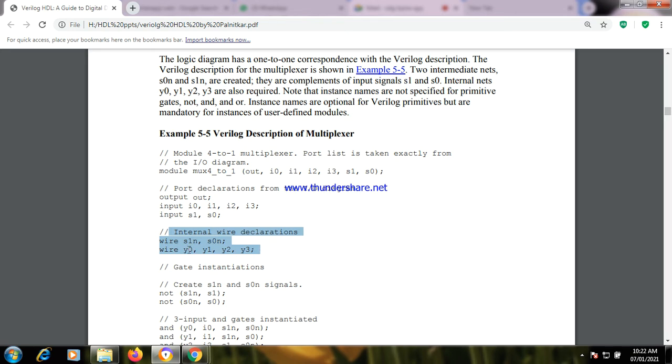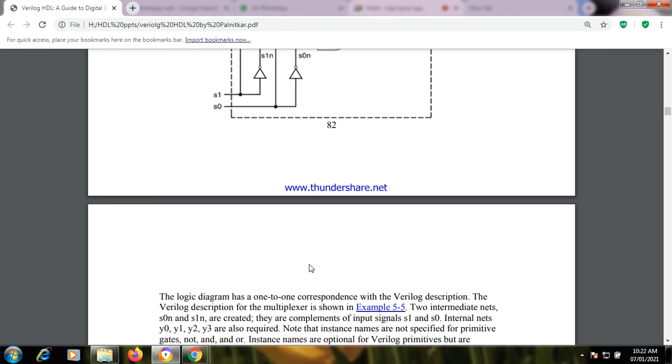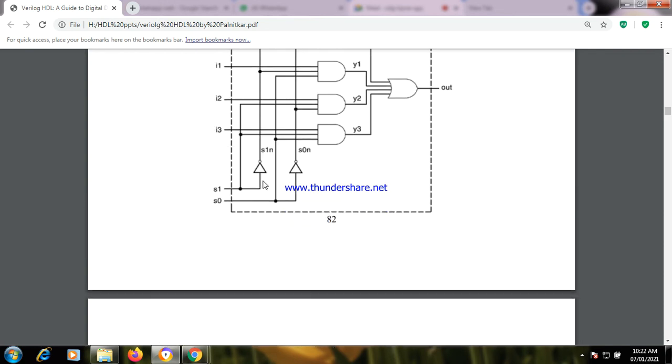How many wires are we showing over here? We are showing 2 types of wires. These are signals, right? The first kind of signal is S1N, S0N. These are for the select lines.